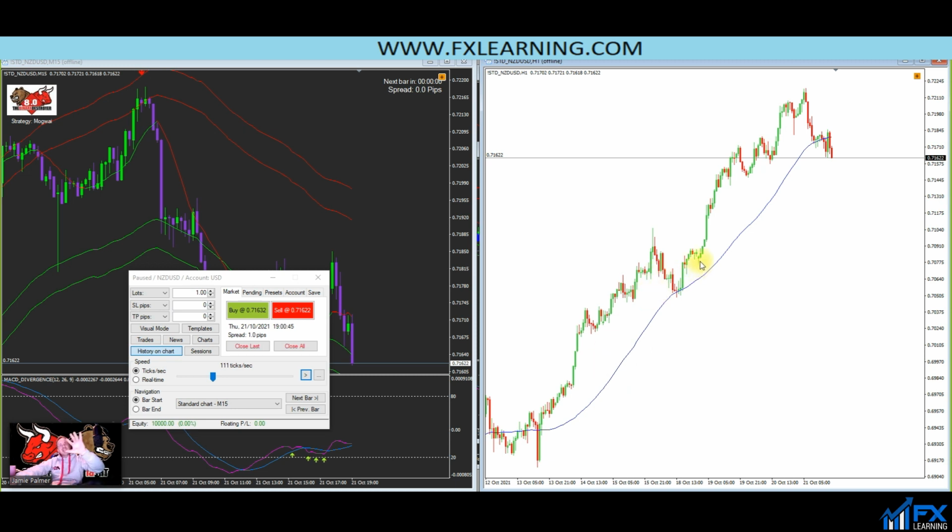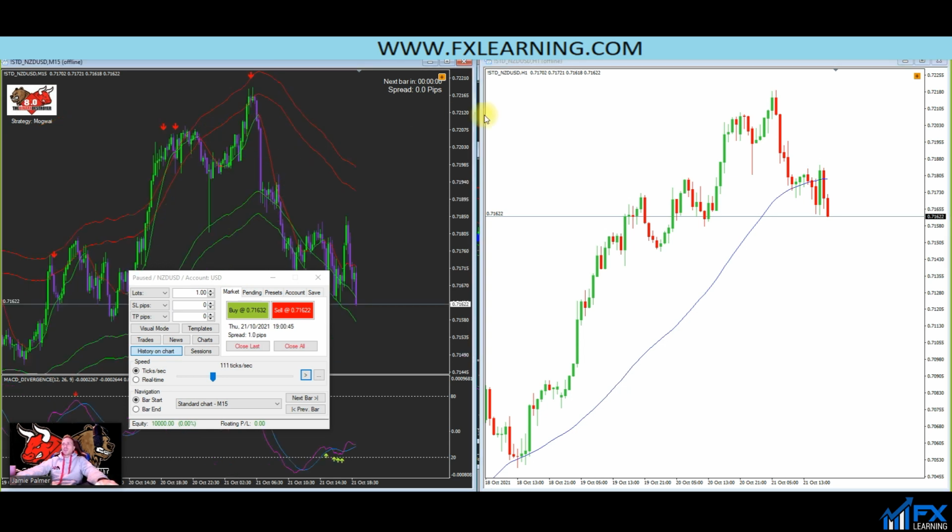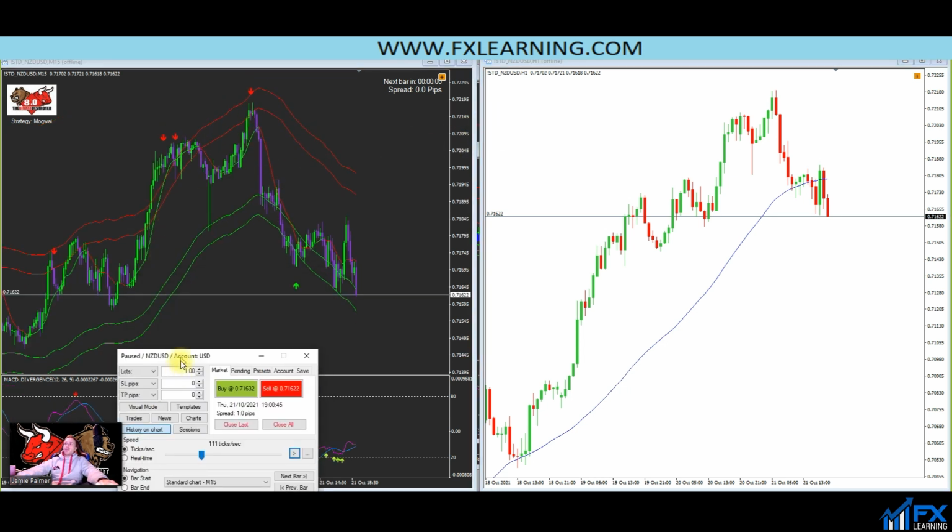So what we've got here is a 50 moving average on the 1 hour time frame, and we use moving averages to identify a trend. To keep it quite simple, if we're above the moving average, it's an uptrend. When we're below the moving average, it's a downtrend. So what do you think's happening now? Now price is closing below this moving average. It's a downtrend, okay? So if I look at the 15-minute time frame,